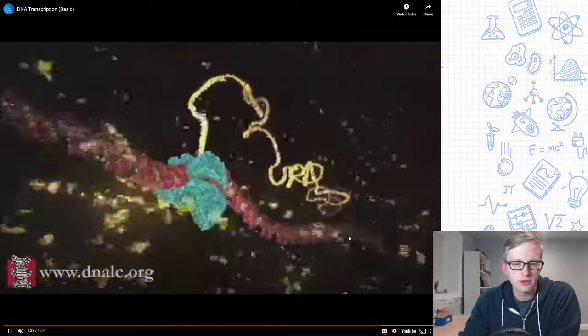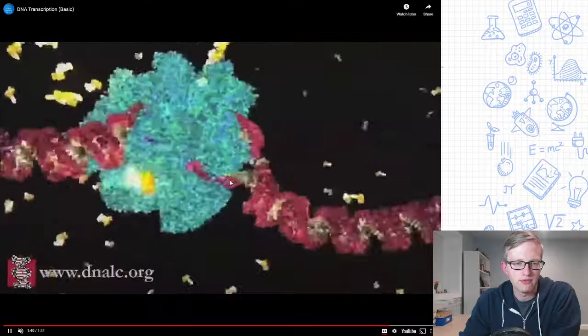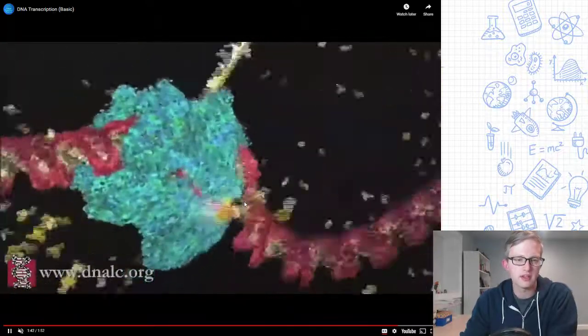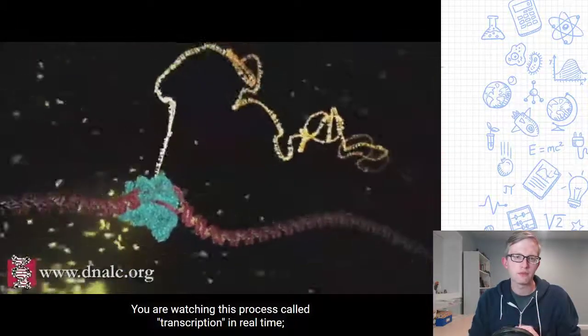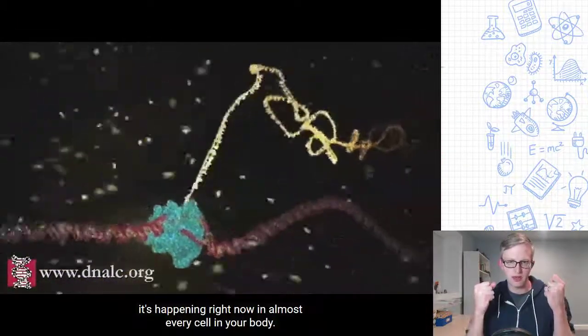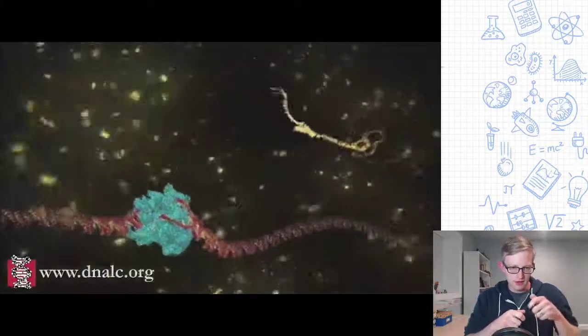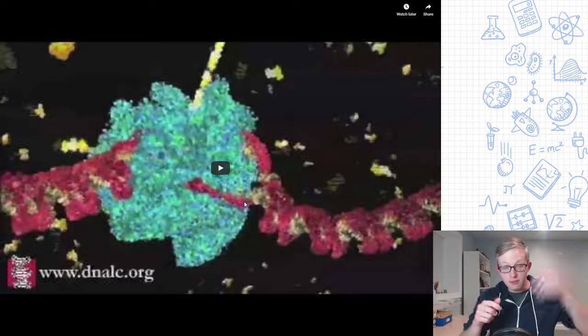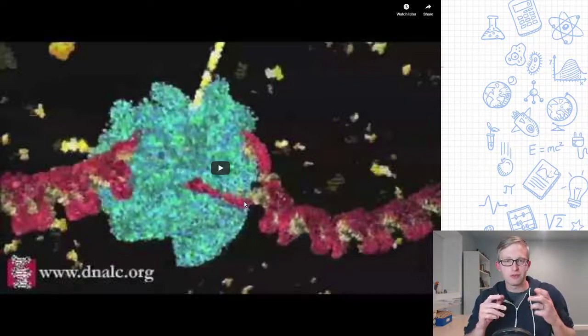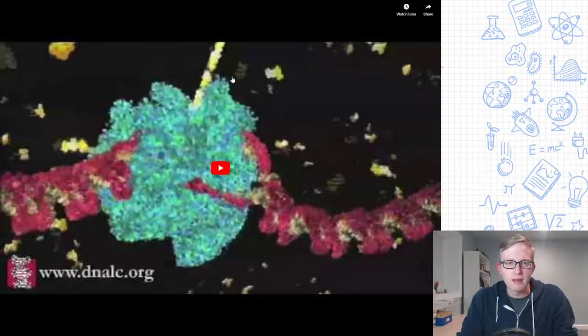So notice though that the DNA, as this is running along, it very briefly gets separated, gets unwound, but then it gets packaged back up immediately. So it's like you're taking that super important copy of a document, you might take it out of its little plastic protector, photocopy it, and then you put it back in the plastic protector again so it's nice and safe, but you've got that copy now to work with.